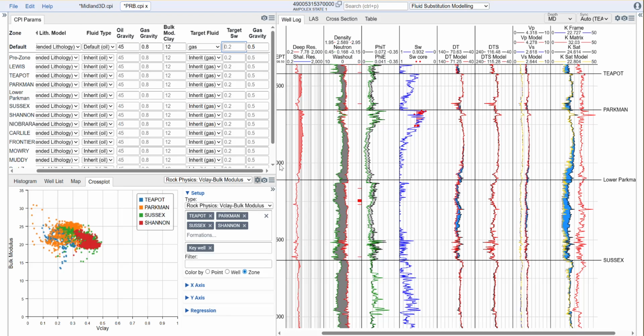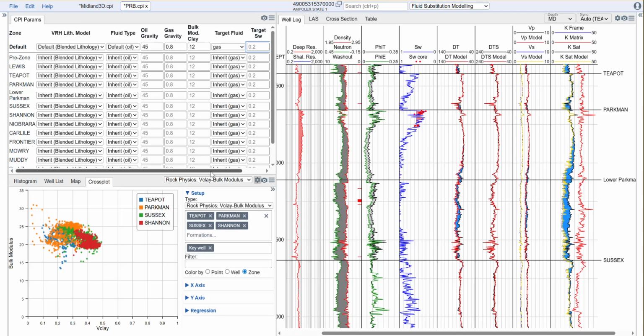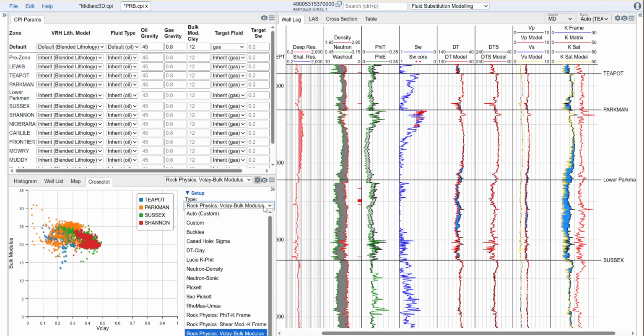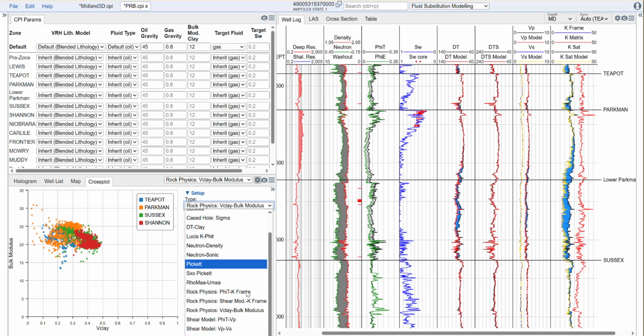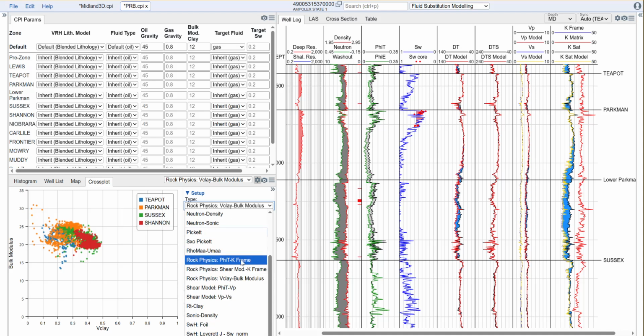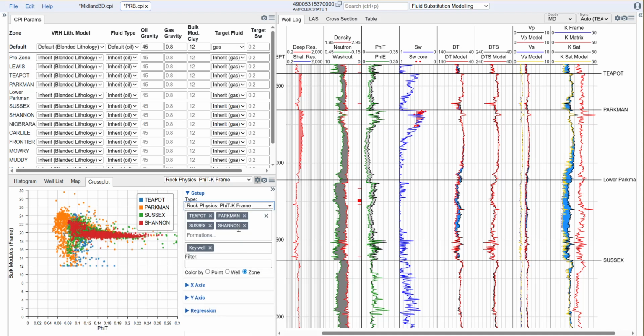Now, when you are looking at this module, like I said, it's key that you've already looked at a number of other interpretations. This is so that you will understand the lithology, because you're going to have to come in here and choose which Voigt-Reuss-Hill model to use. And there's also a number of cross plots that you will go through here, such as you'll want to understand your K-frame